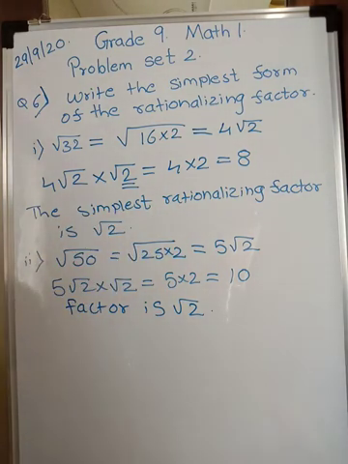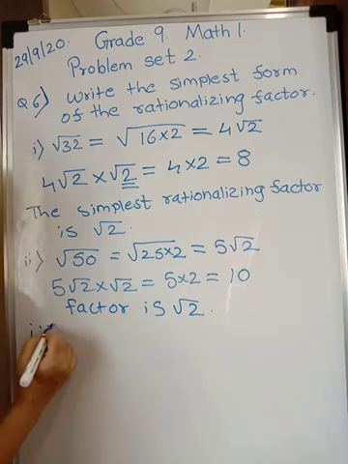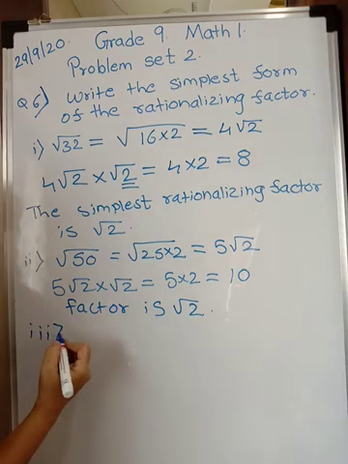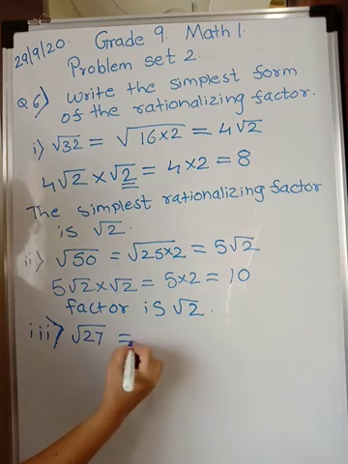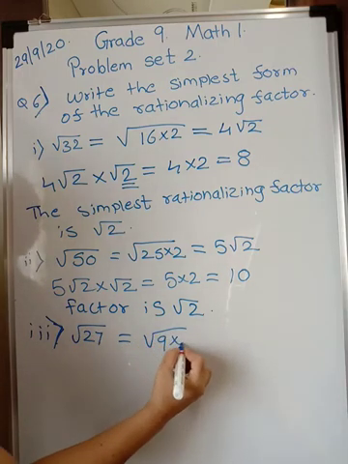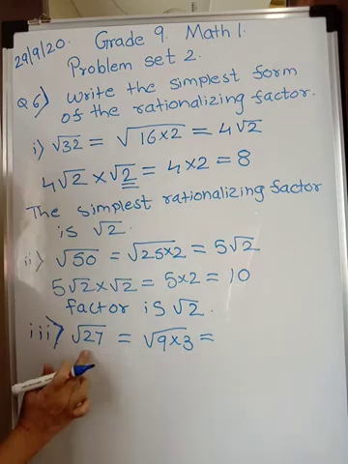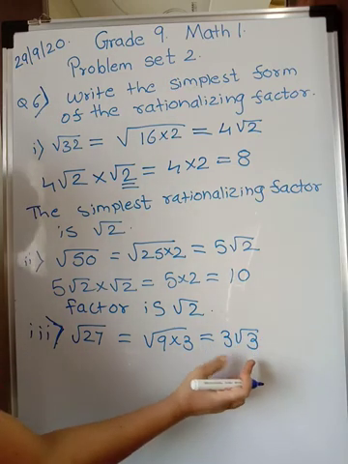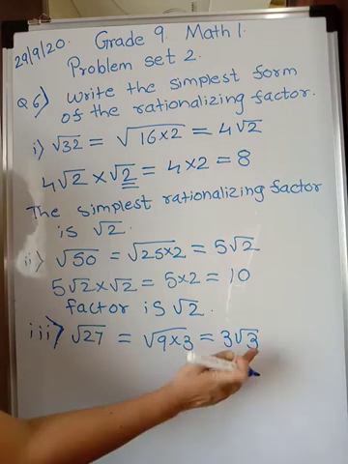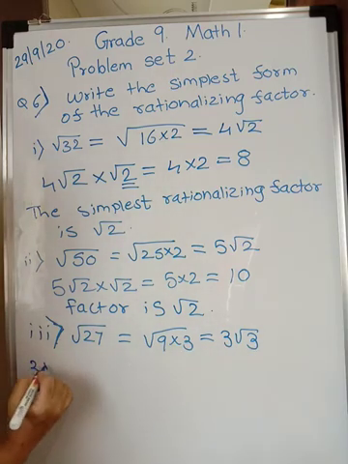Let's go quickly for the third question. See now, third is what? Third is root 27. Square root of 27. This is equal to 9 into 3. 9 3s are 27. 9 is the perfect square of 3. So this is 3 root 3. Now this should be multiplied by root 3. So I have 3 root 3.